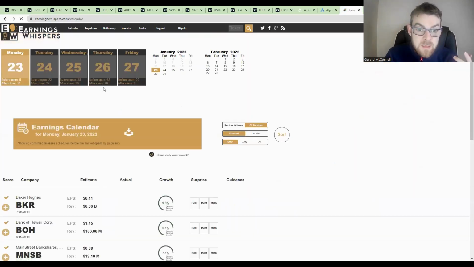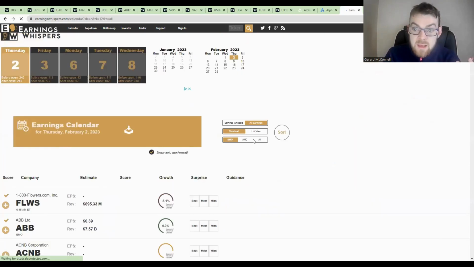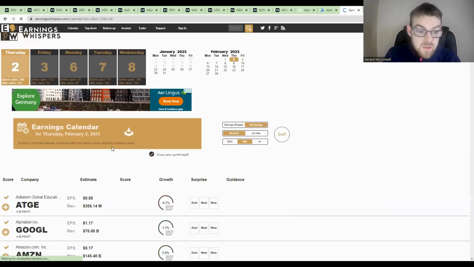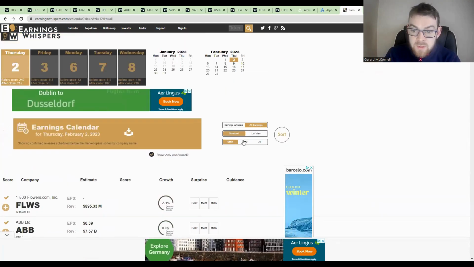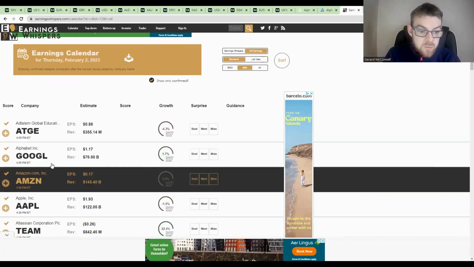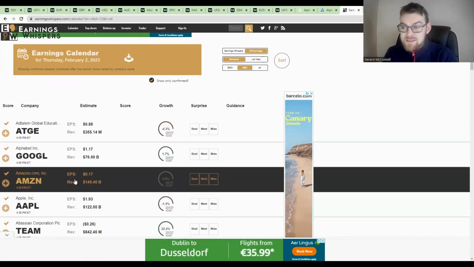So, for example, if you go to the 2nd of February, which I know from beforehand, and we go after market close, what are the companies reporting earnings on the 2nd? Well, if we go AMC for a second, we've got Google, Amazon, and Apple. Those 3 stocks specifically on the same date are going to affect markets. So naturally enough, you're going to see some sort of response between 8, 9 o'clock in the evening, 10 o'clock at night, when these stocks report earnings.